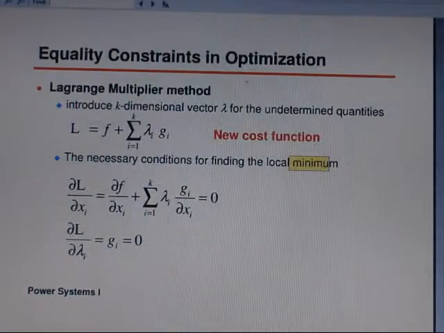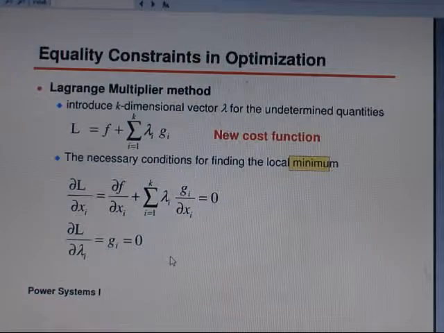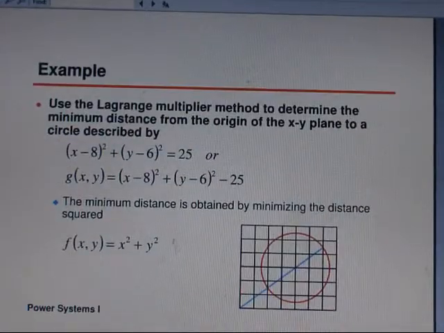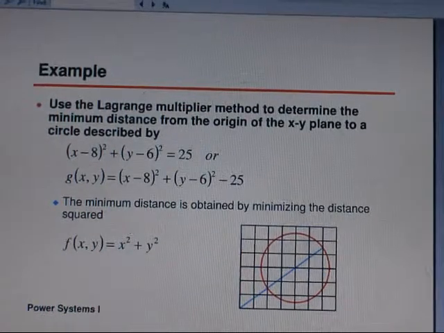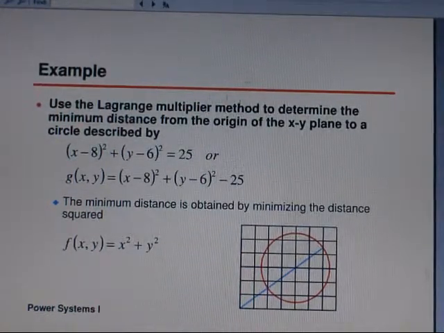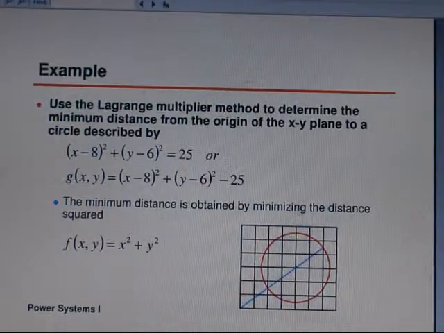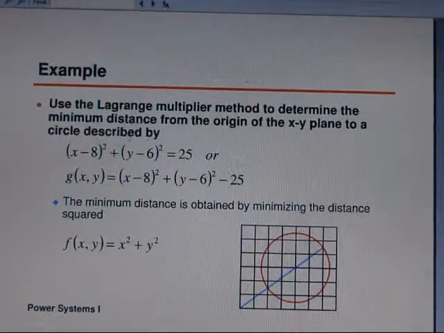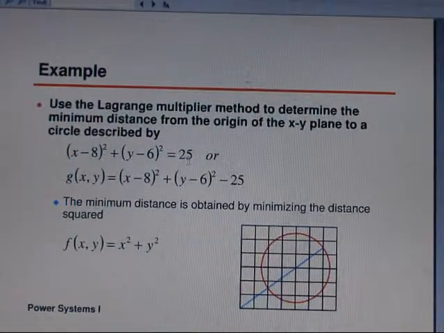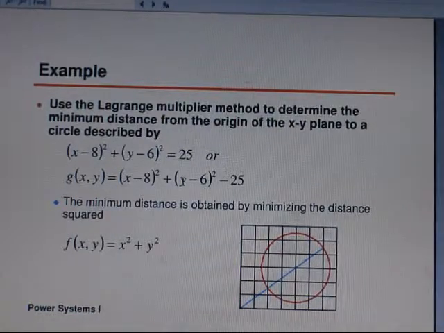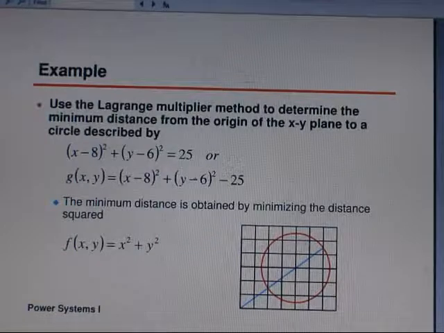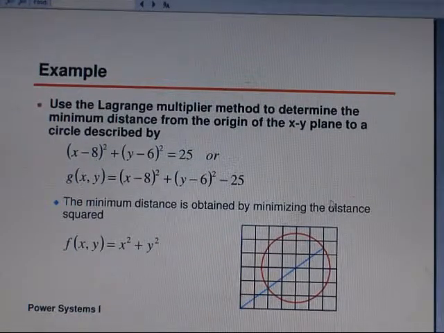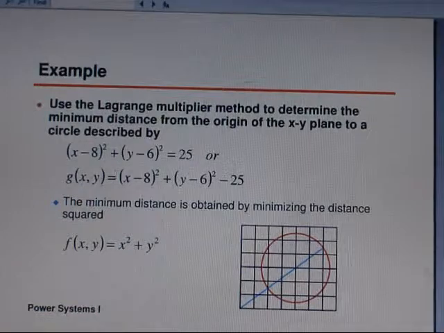Then we have to utilize this example: use the Lagrange multiplier method to determine the minimum distance from the origin of the xy plane to a circle described by (x minus a) square plus (y minus c) square equal to 25. In this case, g(x,y) equals (x minus a) square plus (y minus a) square minus 25, so this is the function here. In this case, the minimum distance is obtained by minimizing the distance square, so the function f(x,y)